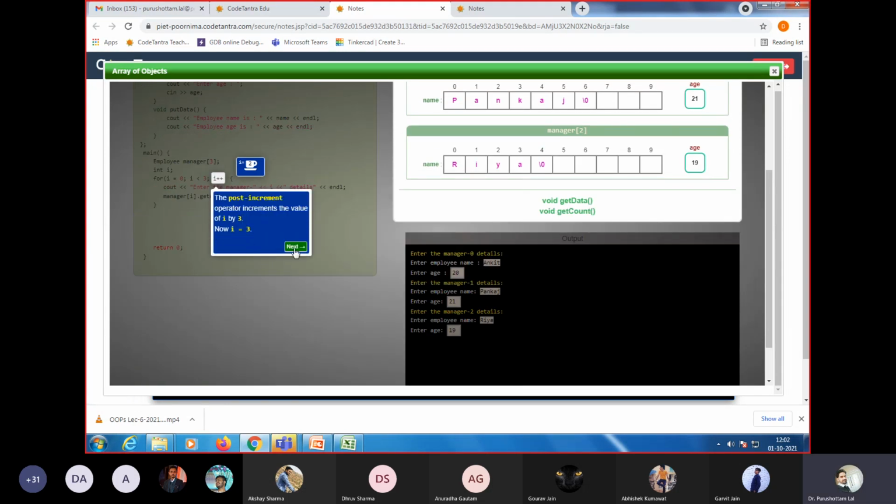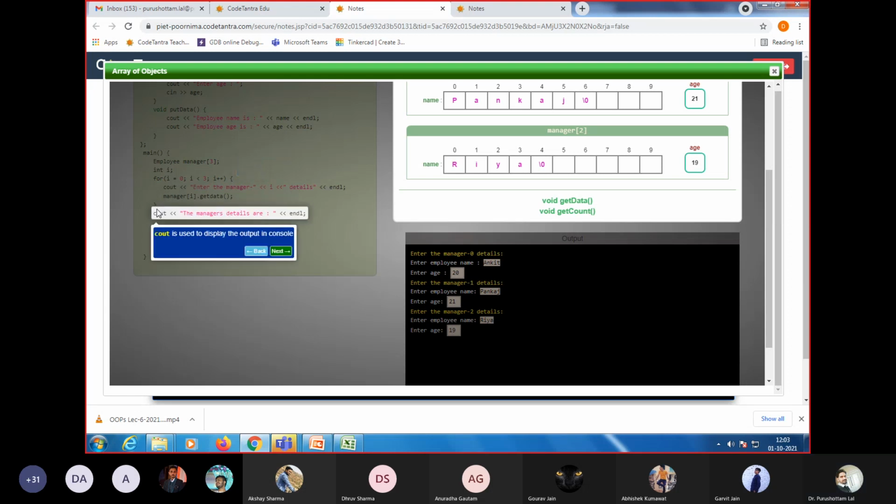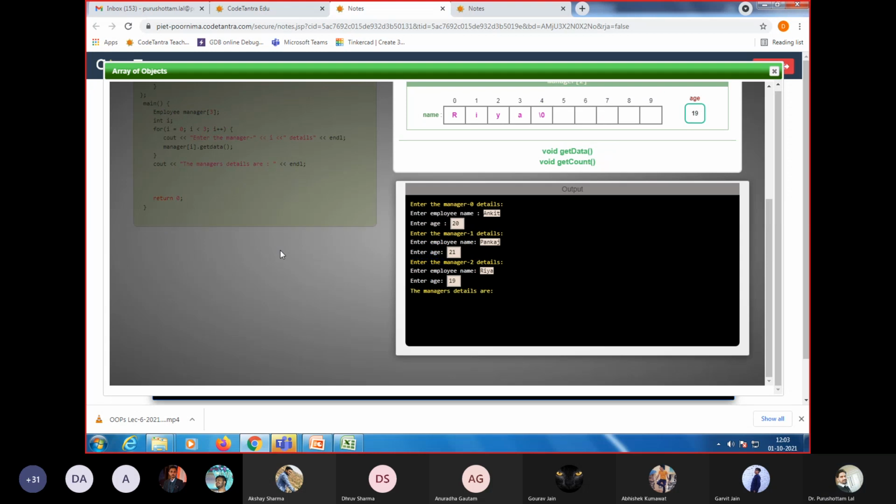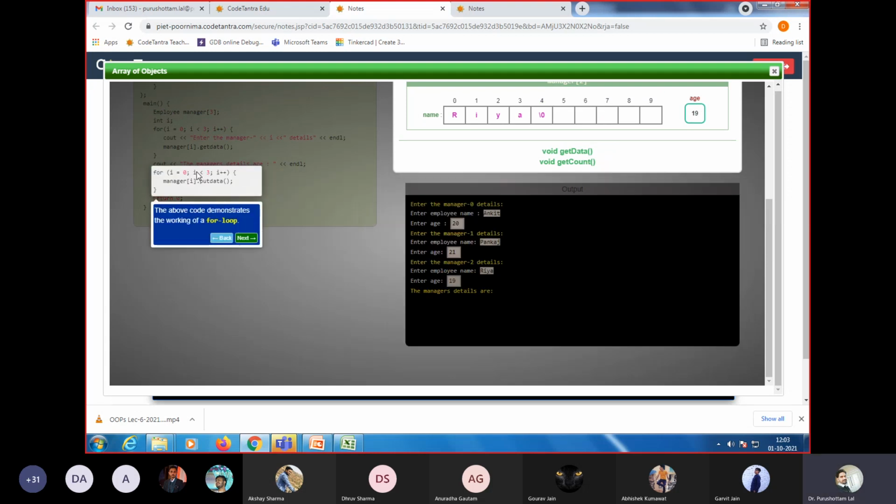Then you can see the I equal to 3 now, and whenever we check the condition, so 3 is not less than 3, the condition is false और हम array से बाहर निकल जाएंगे. Now the code for display, okay, so यहाँ पे भी 3 बार loop execute होगा from 0, start from the 0, condition will check 0 is less than 3,